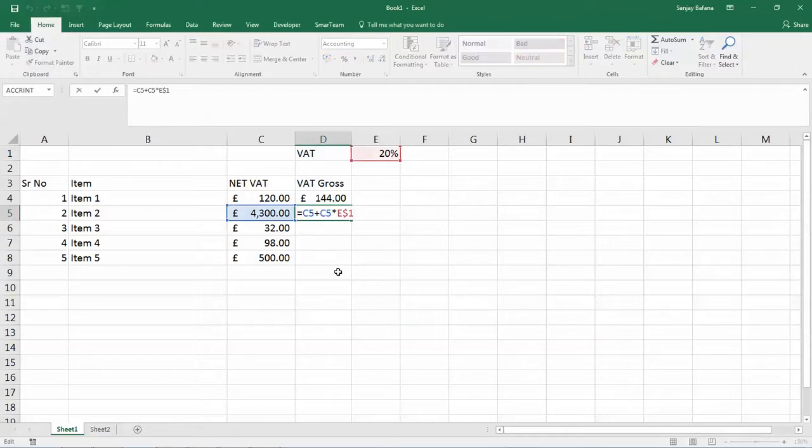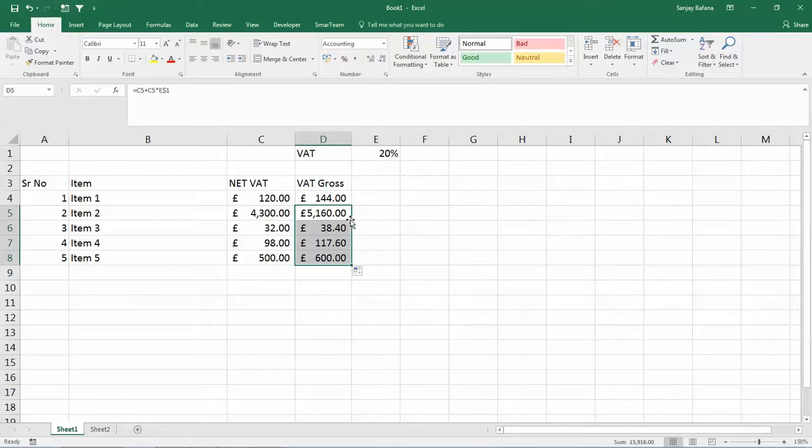When I go into edit mode, you can see that the C4 reference in the sales column has changed to C5. However, E1 stays as E1, and you can double click on it to fill in the rest of the cells. So this is how the